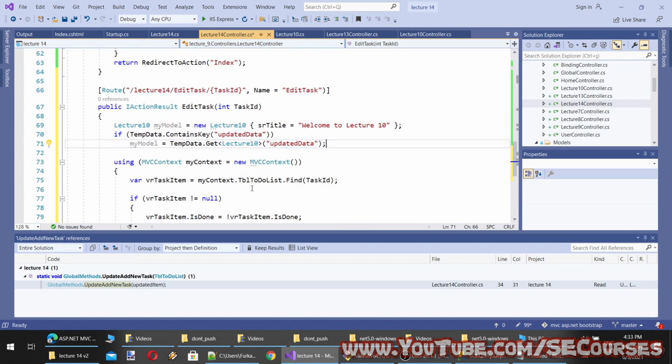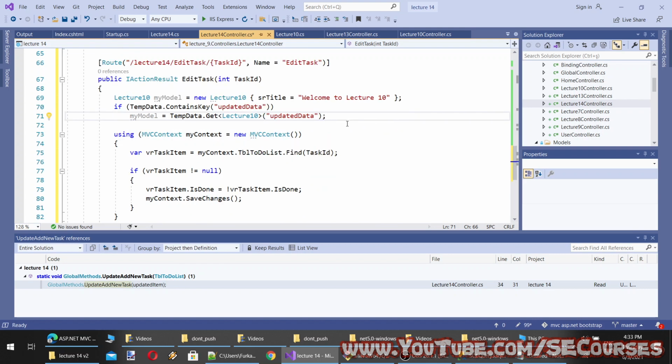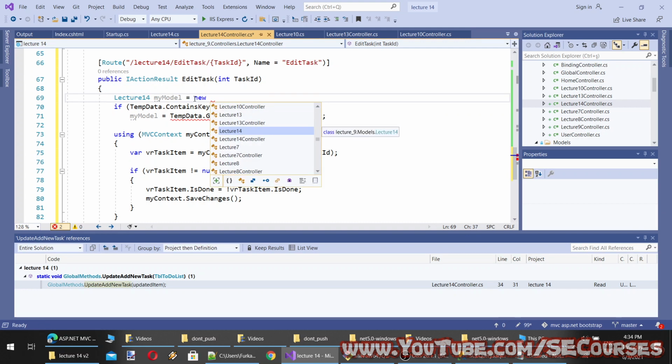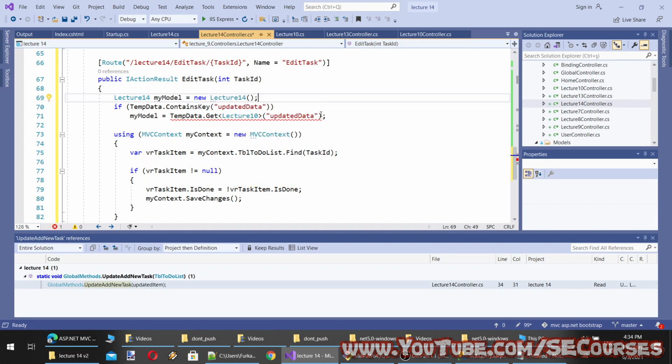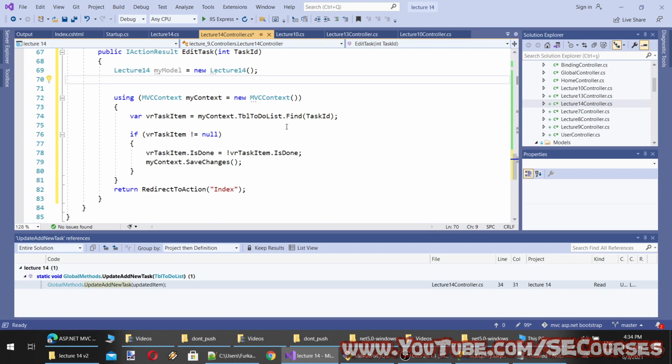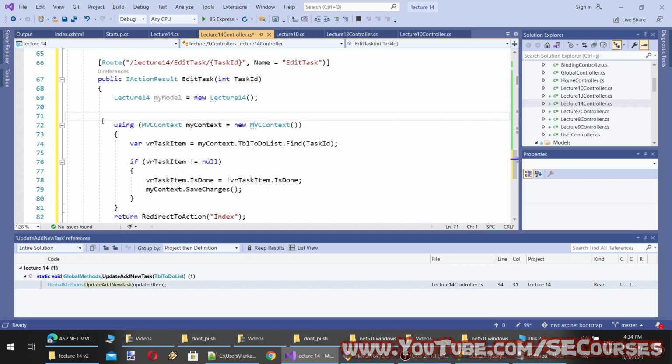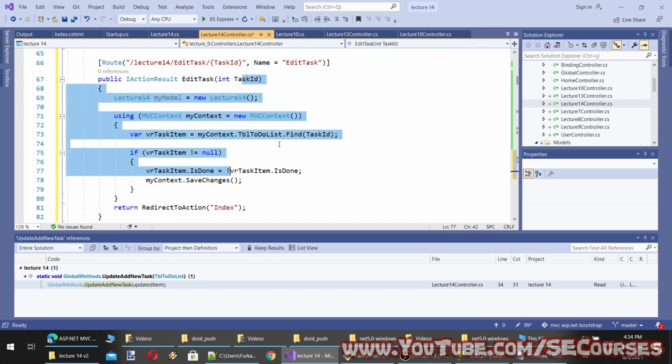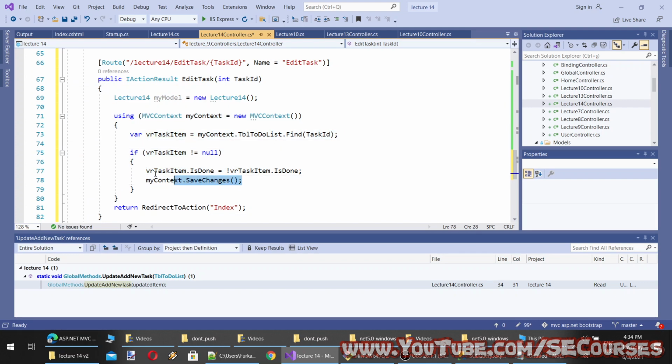Actually, edit task will return that item, load and return that item so that it can be edited. So basically what it is going to do is we will define lecture 14 model like this, and this will be not here. We will find task item from task ID like here. If it is not null,